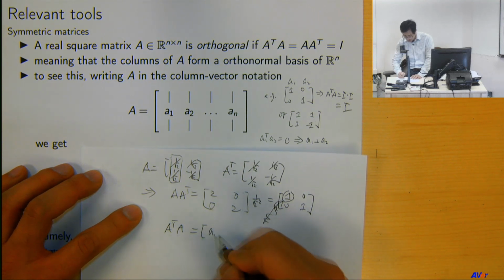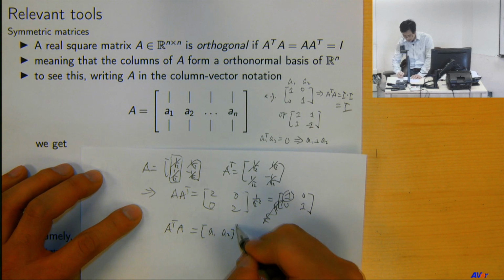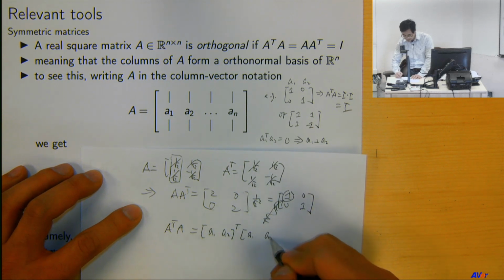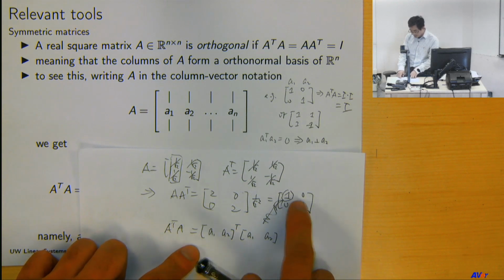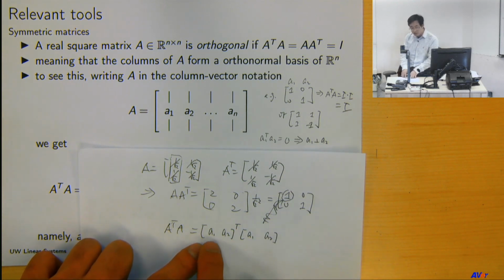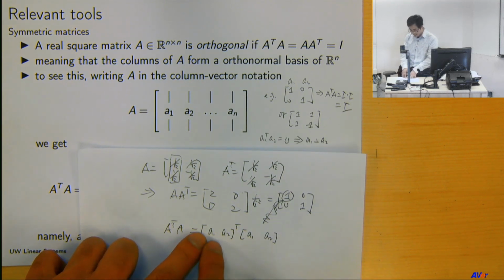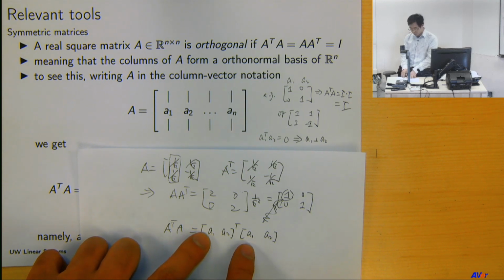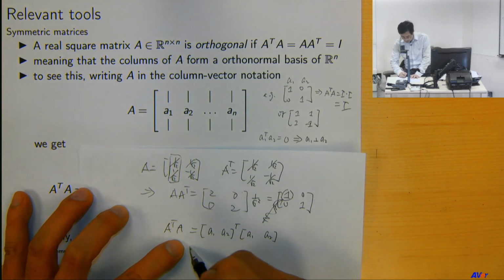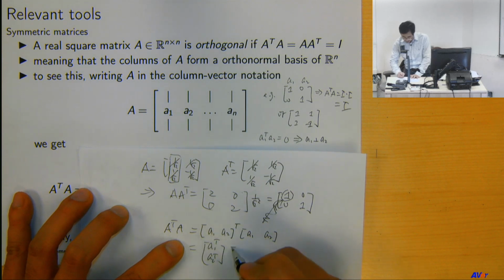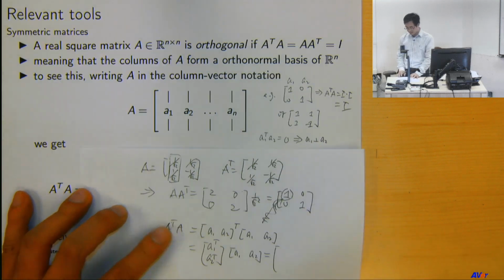So let's do A1, A2 transpose, A1, A2. I want to show you guys that this identity, this one element here, means that the lengths of these columns are normalized to 1. So that's my goal. Take a look here. This is A1 transpose, A2 transpose times A1, A2. And it equals